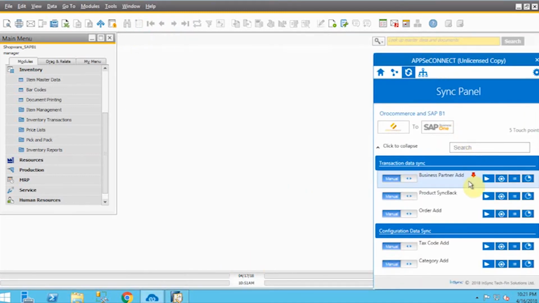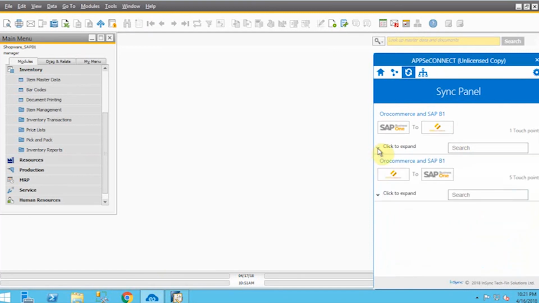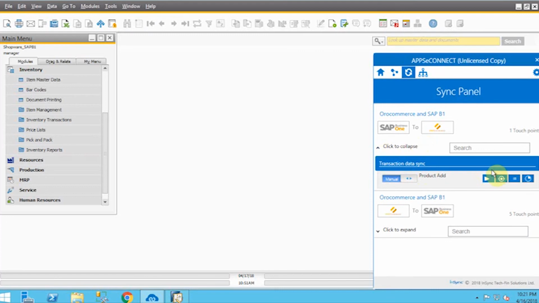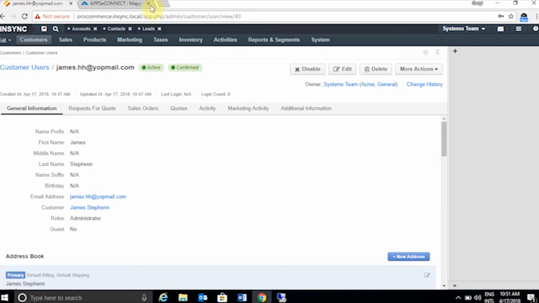Now let's quickly open AppSeConnect Agent. The data sync feature will be from SAP to OroCommerce, and the name of the integration point is product add. There are two triggers, manual and automatic. If I swap it, under automatic trigger it will work as a background process. You can synchronize the time period, and manual trigger means all your data will be manually exchanged between your